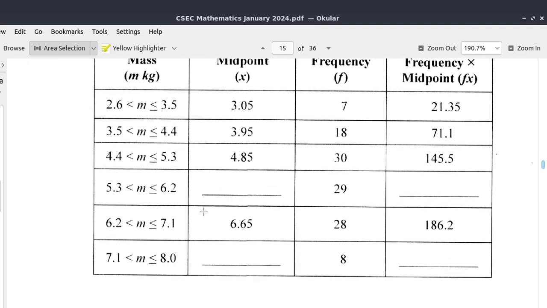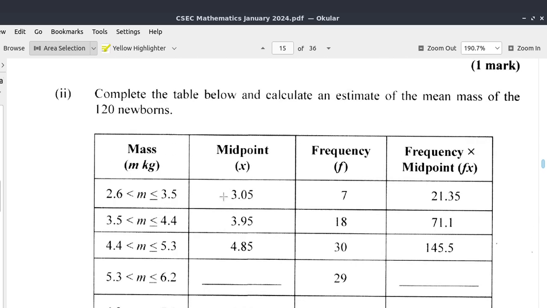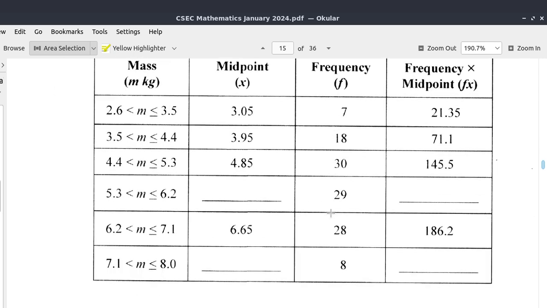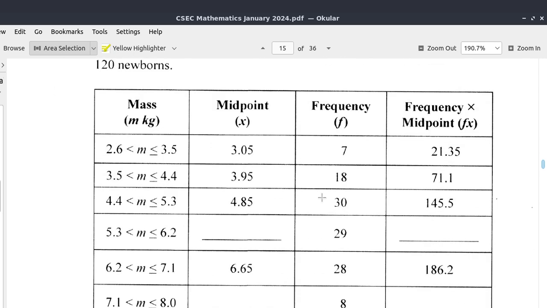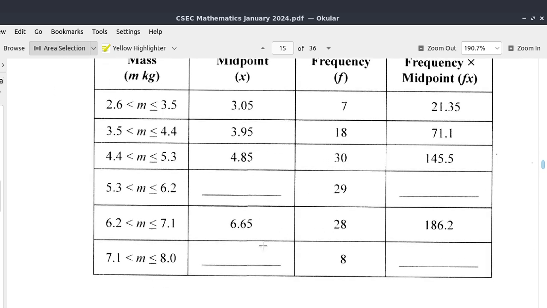Now remember, they want the mean. And by the way, pause the video and work out that part and let me see what you get. Alright? You paused it, worked it out. Now, you can type your answer in the comment section before you watch and you work it out. Alright, so let us see. First of all,